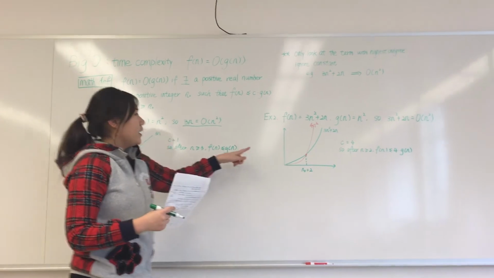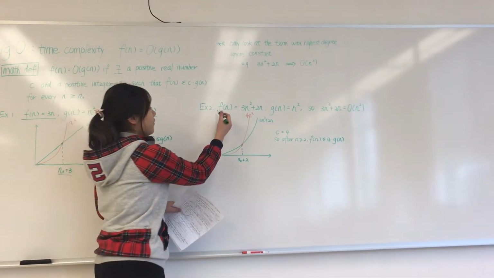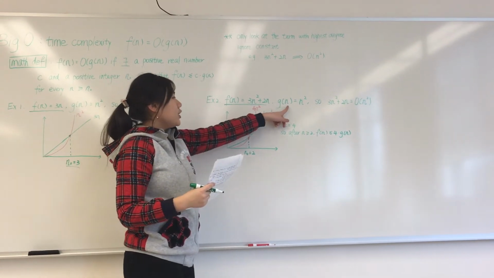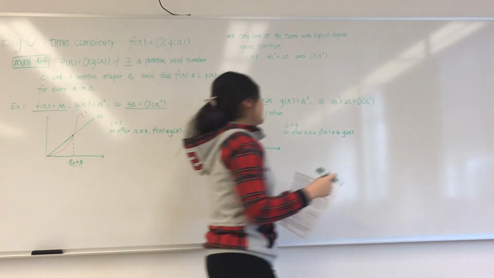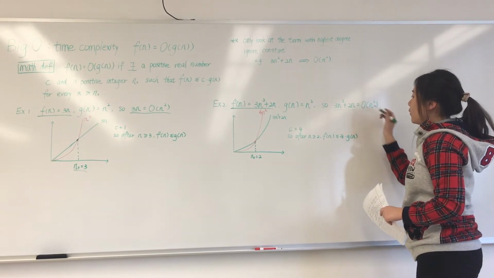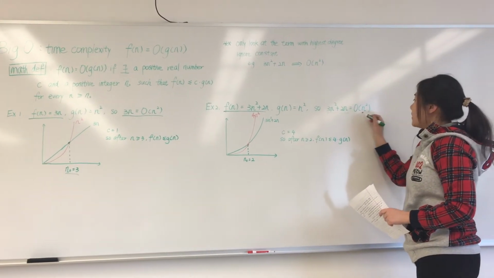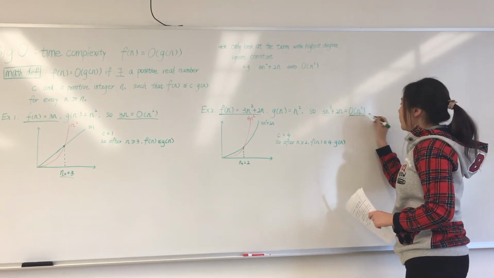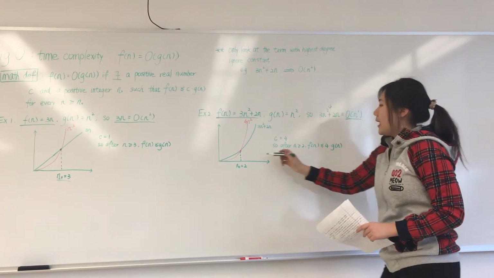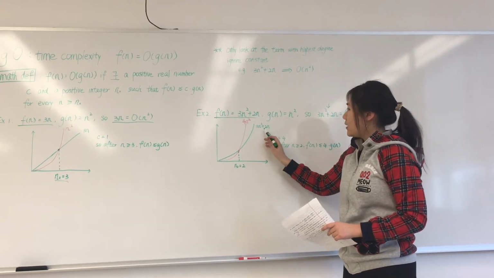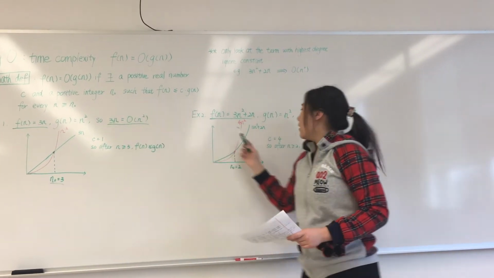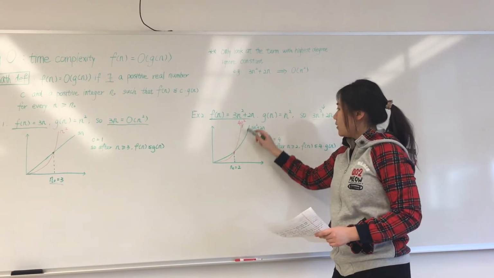If we look at the second example, we have f of n is 3n squared plus 2n, and g of n is n squared. We can say that an algorithm that takes 3n squared plus 2n time to run has a big O of n squared. The reason n squared can bound this function is that if we look at the graph of 3n squared plus 2n, we can pick a positive real number c that will make 4n squared